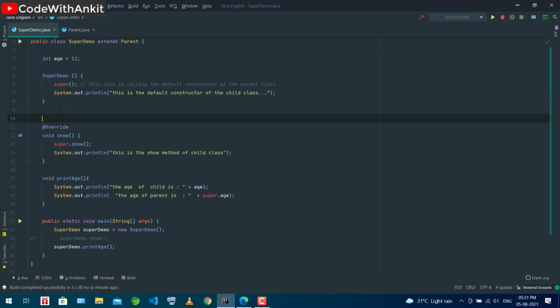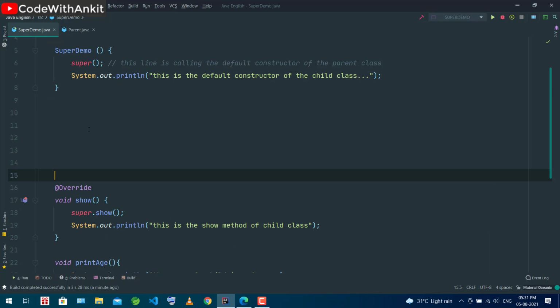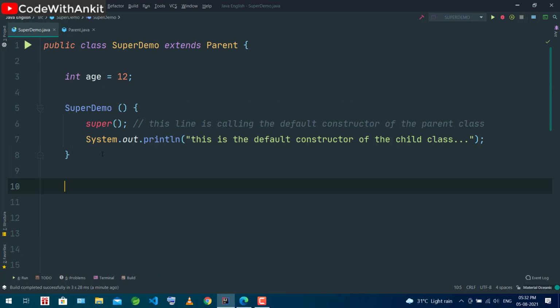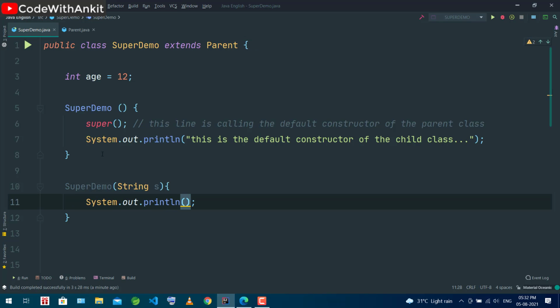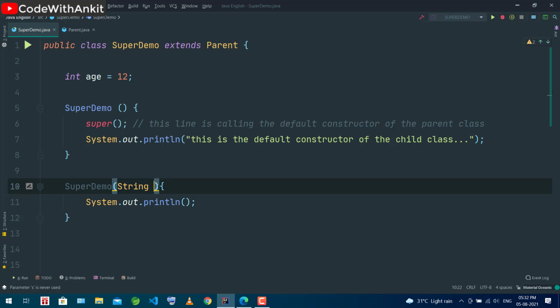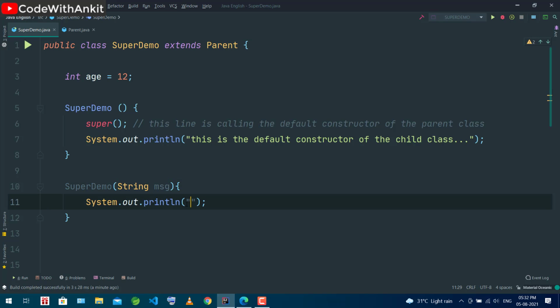I make a super demo constructor, and it will take a string s, let's say a message. Let's just print out the message.